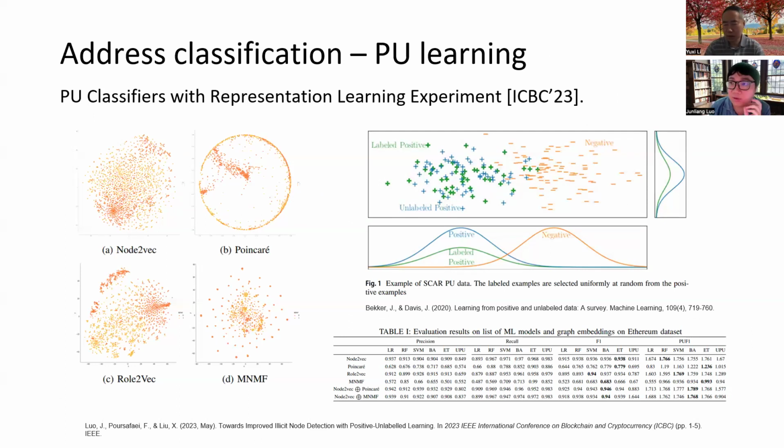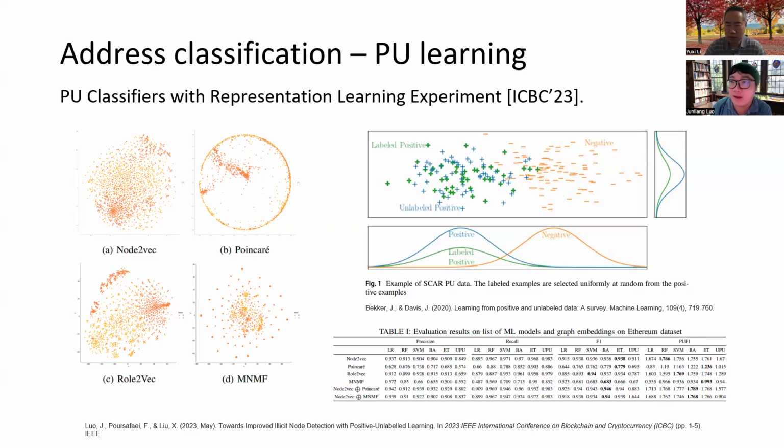So suppose you have a data set and you have 1,000 labeled as positive, as scammers, and for the other nodes you cannot assume they're just negative. Well, a largely proportion of them are negative, but it's better that we have someone manually checking which addresses are for sure not scammers. If you have 10,000 nodes, 1,000 is labeled as scammers, and another 1,000 is labeled as not scammer, regular users. You're for sure that 1,000 of them are not scammers, and the rest 8,000 are neutral, kind of unknown,